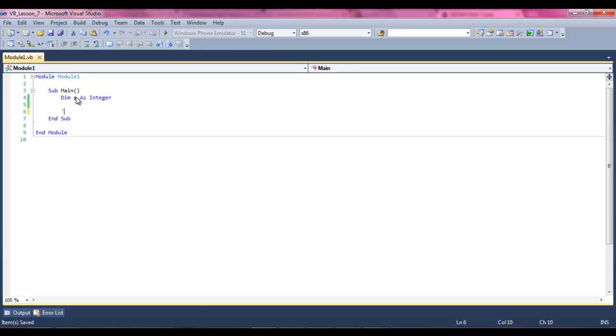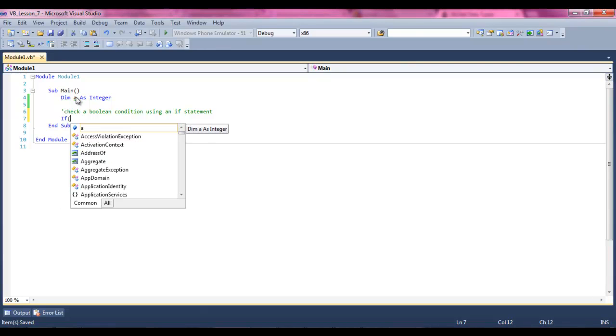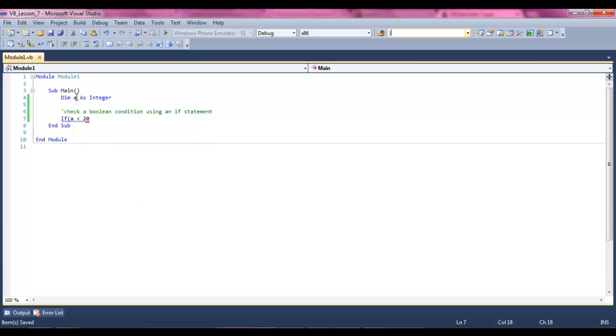And then what we're going to do is we're going to check a Boolean condition. Remember, that is something that can be either true or false using an if statement. So far, you only have one new thing to learn, guys. Alright, so if, and then this is going to say a is less than 20, then